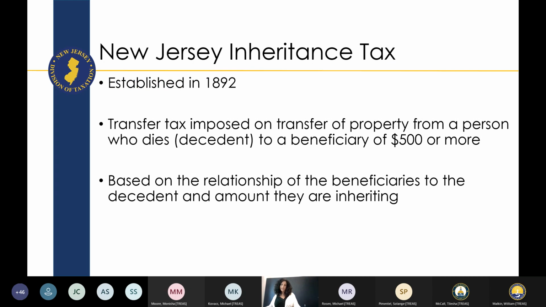So a little information about New Jersey inheritance tax. It was a tax that was established